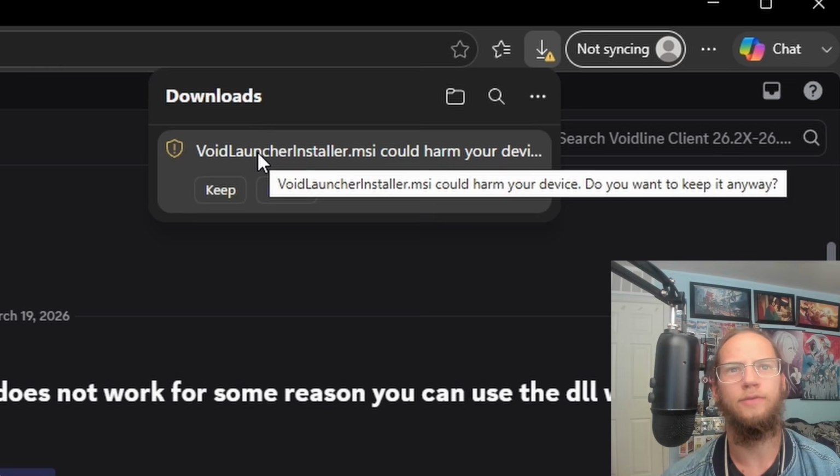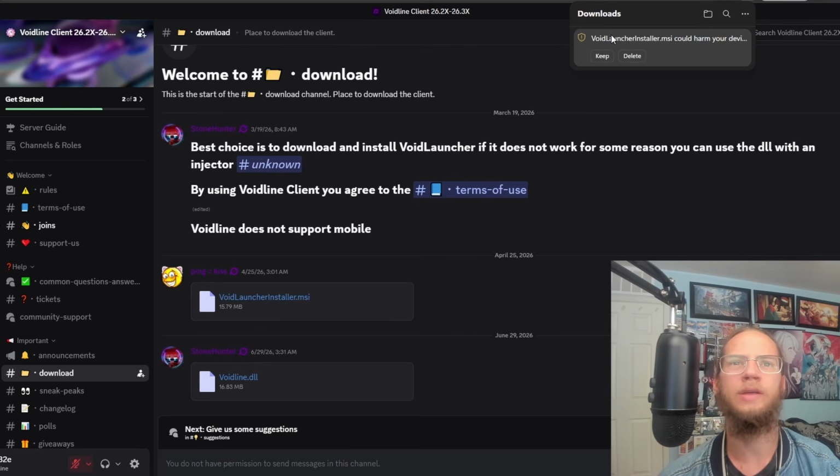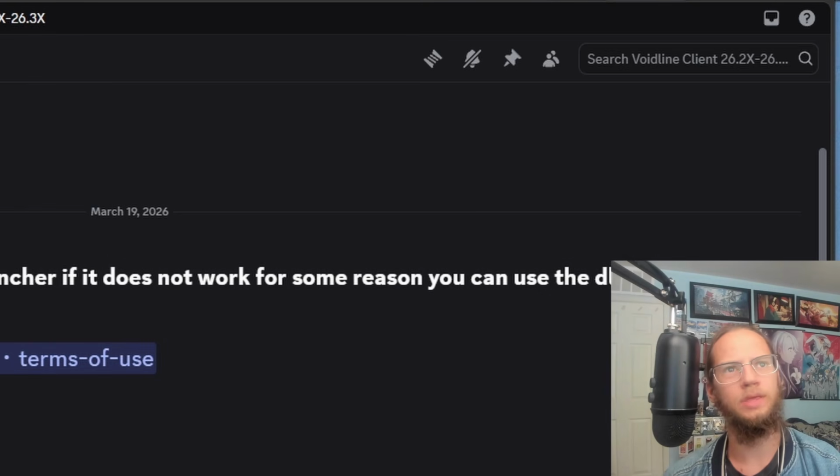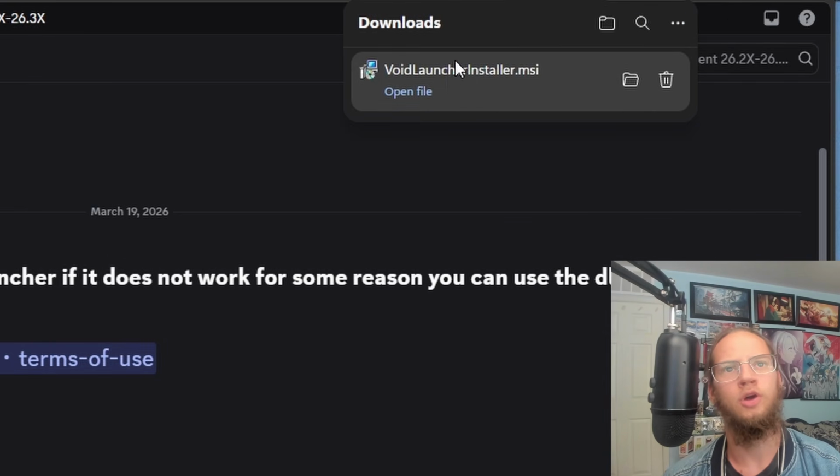Now download, and void launcher.msi could harm your device. You want to keep it anyway. Click on the download. We'll click on that. It can harm your device. Keep anyway. Let's click. So now with this, we can click on these 3 dots, download, double click on the